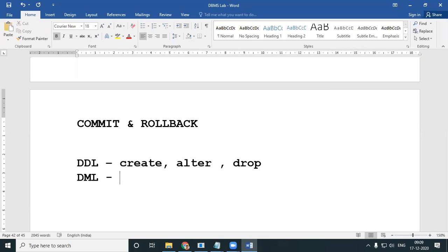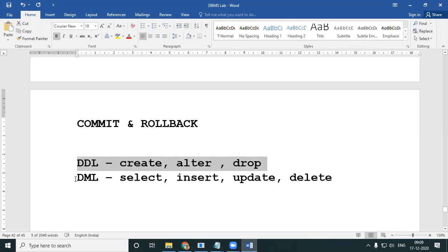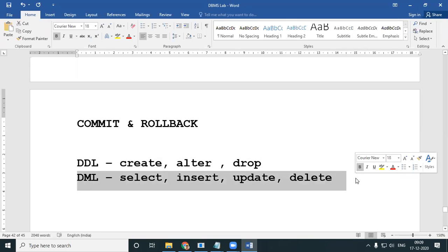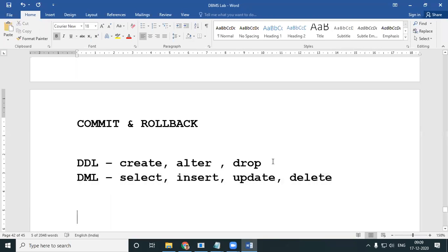Again, when you talk about your DML, data manipulation, when you do manipulation, your select queries, your insert queries, your update queries, your delete queries, okay, all that come under your DML. So you very clearly know the differentiation or the contrast between what do you mean by a DDL statement and what do you mean by a DML statement.